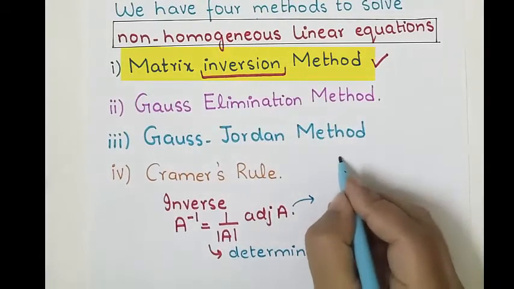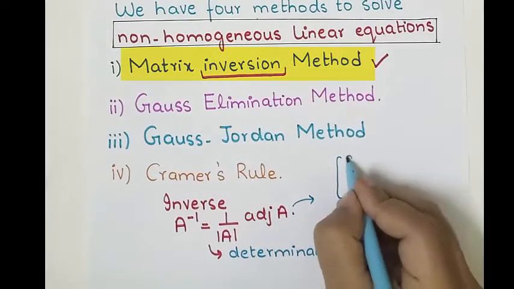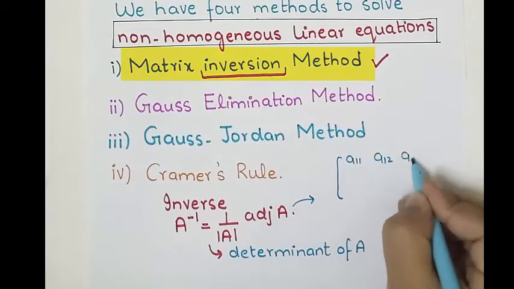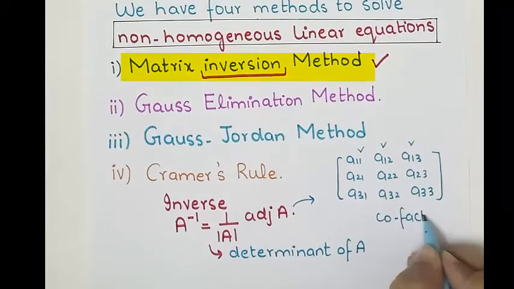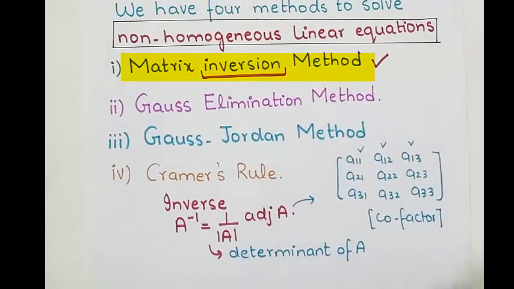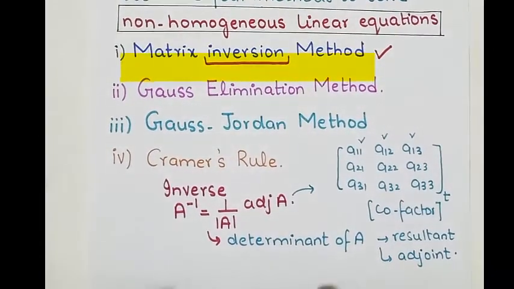When we have a certain matrix, we suppose entries are A11, A12. First we find the cofactor of each element of this matrix, and when we find the cofactor of the matrix, let me say we have a cofactor matrix, then we take the transpose of that matrix. The resultant matrix is called adjoint of A. So let's take an example and understand this concept.